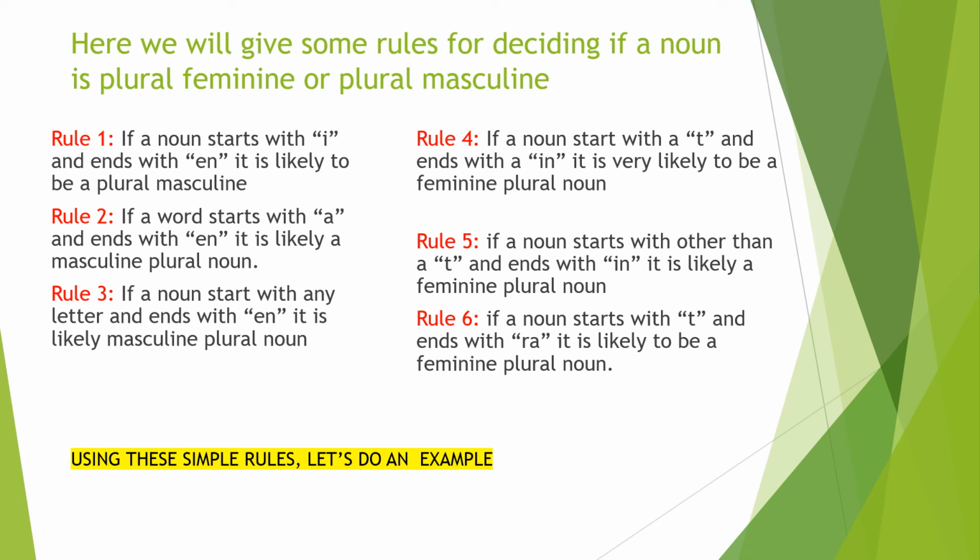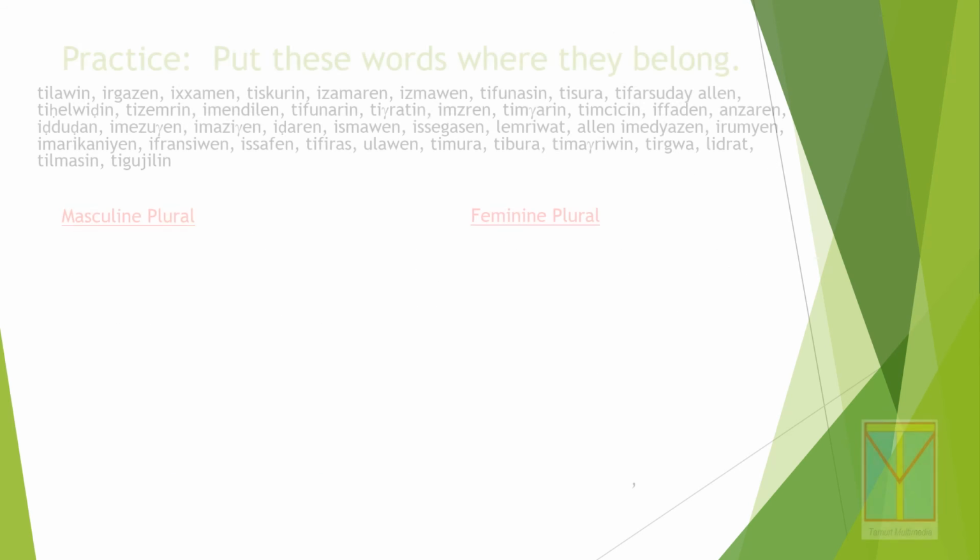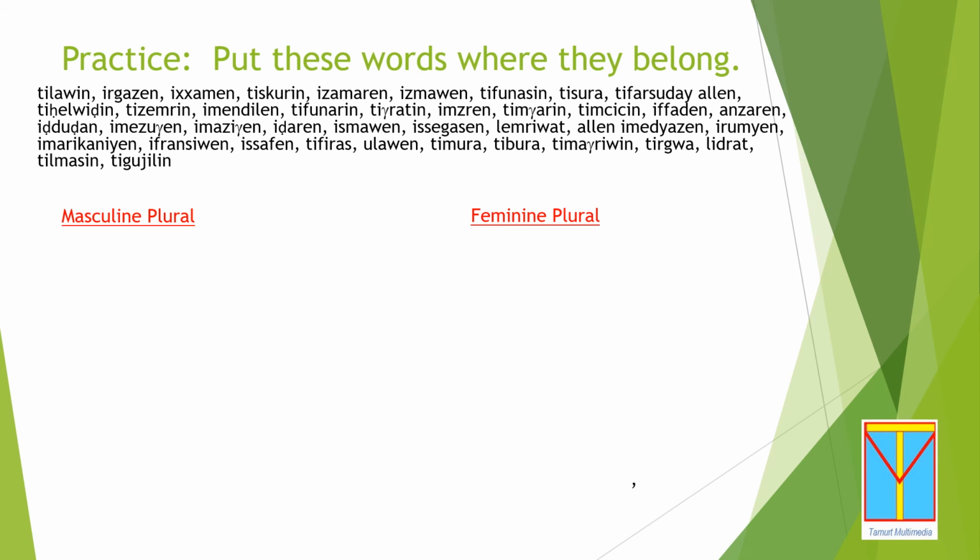Using these rules, let's do an example. Put these words where they belong. Tilawin, irgazen, ixamen, tiskurin, izamaren, izmawen, tifunasin, tisura, tifarsuday, allen, tihalwidin, tizmrin, imendiren, tifunarin, tigratin,